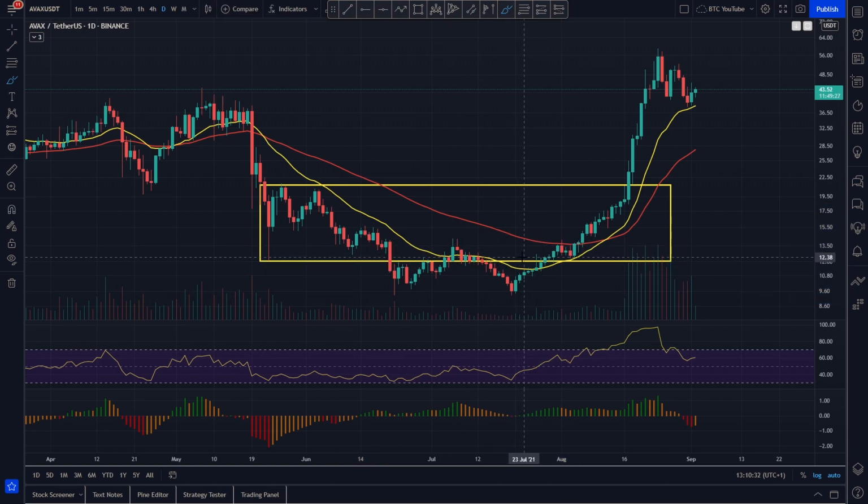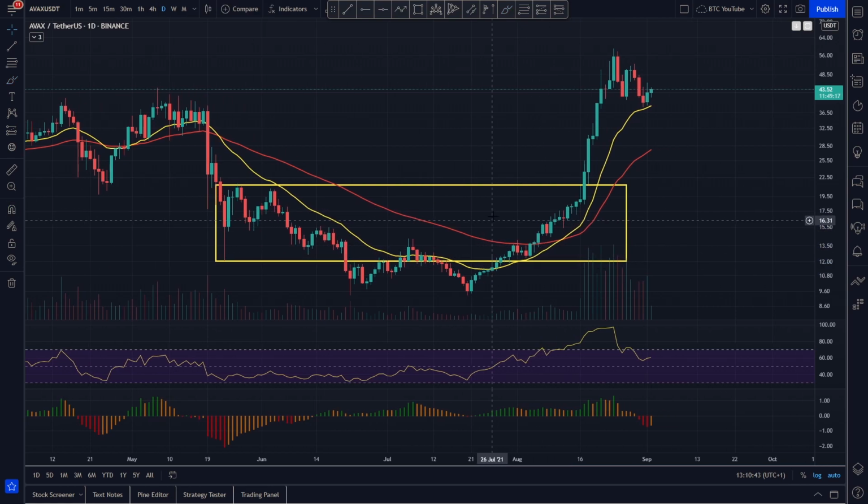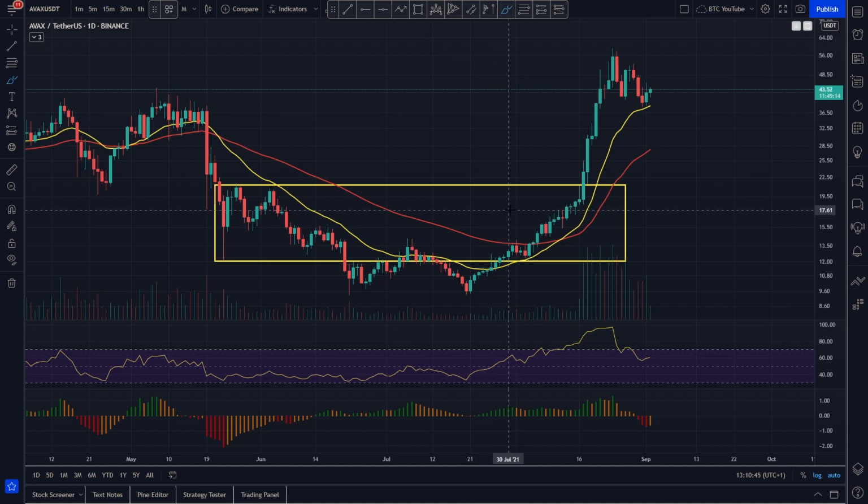And then once we come back inside the range, we actually did reconquer the 20 moving average here. We consolidated under the 55, which is really bullish. Obviously, once you get back above the 55 and flip bullish on our EMAs, that's always a good sign on the daily time frame. And you can see since then, Avalanche has been absolutely exploding, hasn't it?